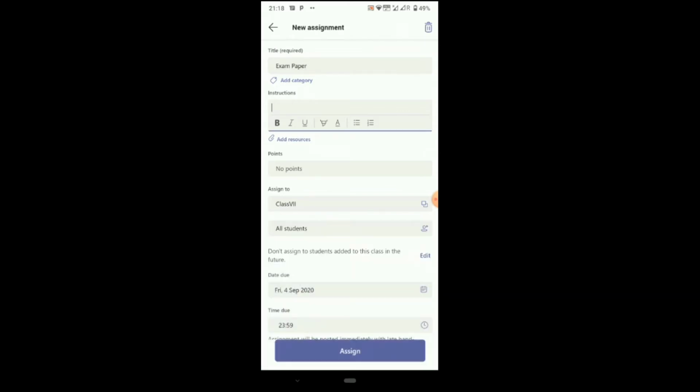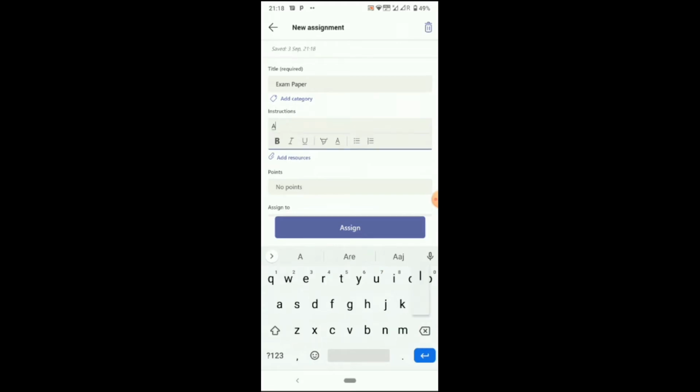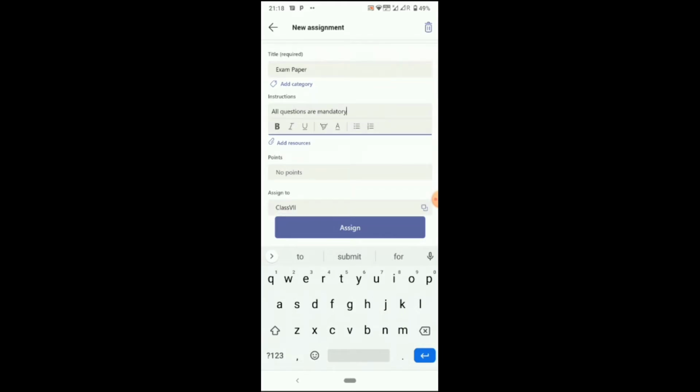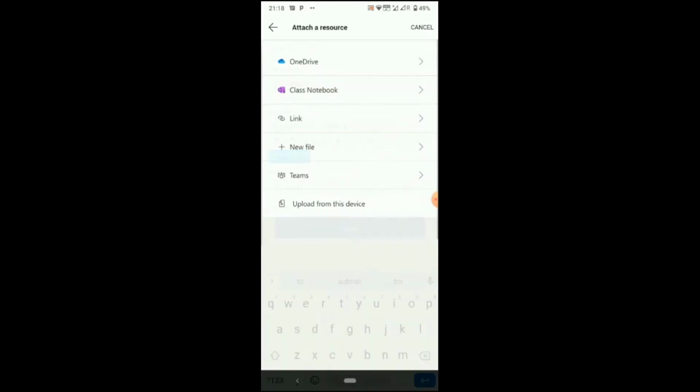You can give instructions to your students, like all questions are mandatory. And now it's time to add the examination paper. By clicking on add resources, you can add your examination paper.